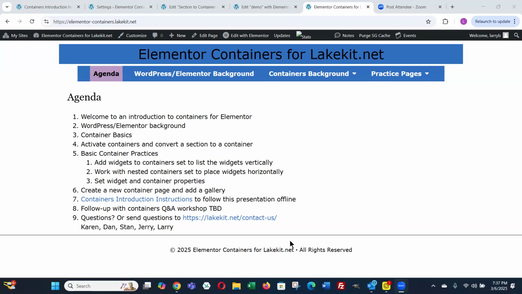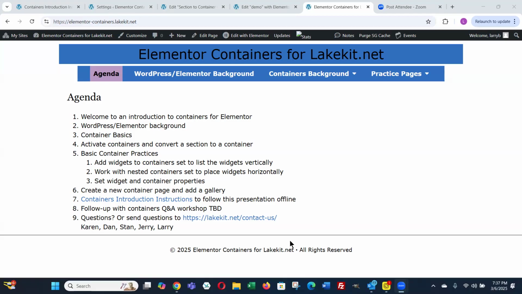You could make a practice page, then convert the practice page to containers first and mess around with it. It does take some thinking through. Also, we now have instructions on using containers.